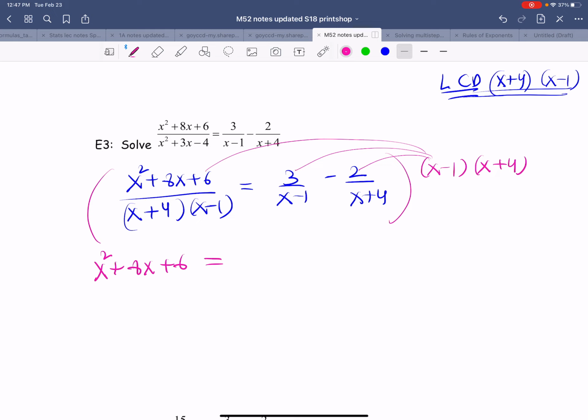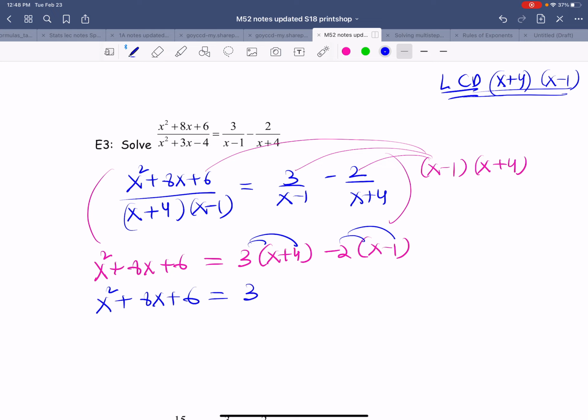On the right side of the equation, we would be left with 3 times x plus 4 minus 2 times x minus 1. So there needs to be some work done here. Combine some like terms. So that leaves me with 3x plus 12 minus 2x plus 2, which is x squared plus 8x plus 6 equals